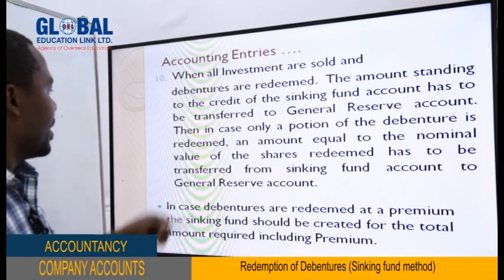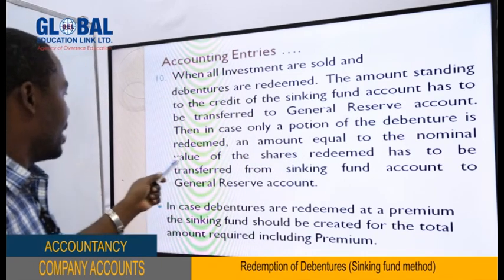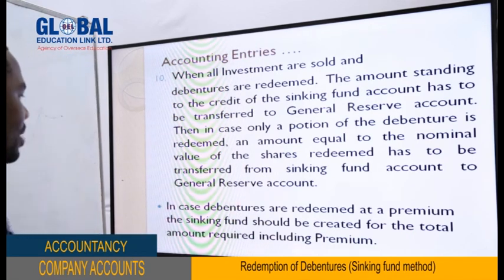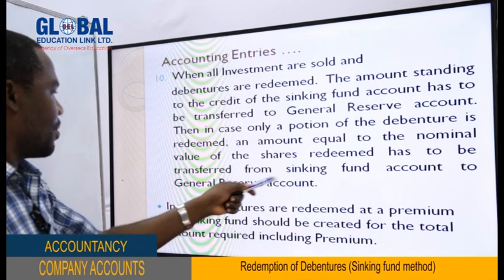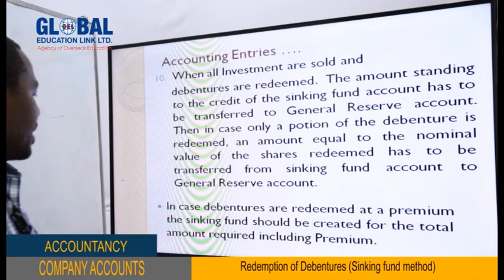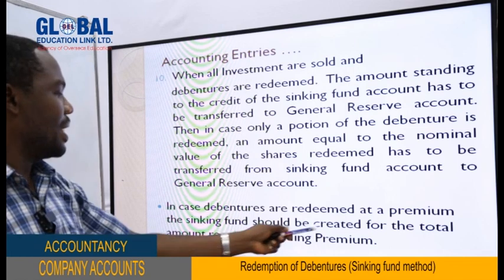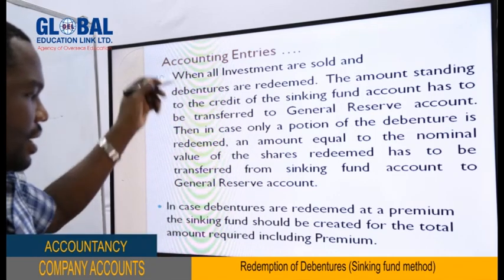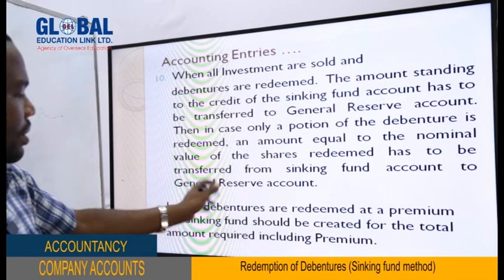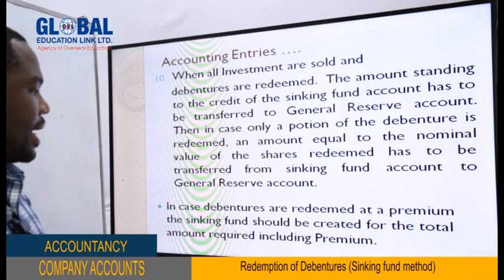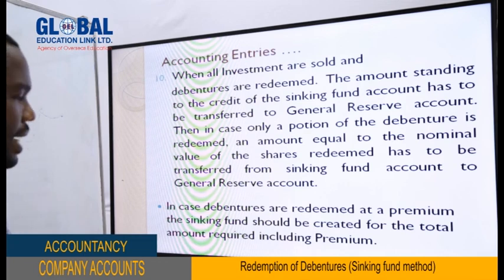account. And in this case, if only a portion of debenture is redeemed, then an amount equal to the nominal value of the debenture redeemed has to be transferred from sinking fund account to general reserve account. And in fact, we need to note this again, that in case the debenture is redeemed at a premium, of course I have shown you in the accounting entries, then the sinking fund should be created for the total amount required, including the premium. Of course, I said before that using that table, you are going to enter in the formula to include an amount of premium payable at the end, which should be inclusive in the amount to be set aside. Otherwise,